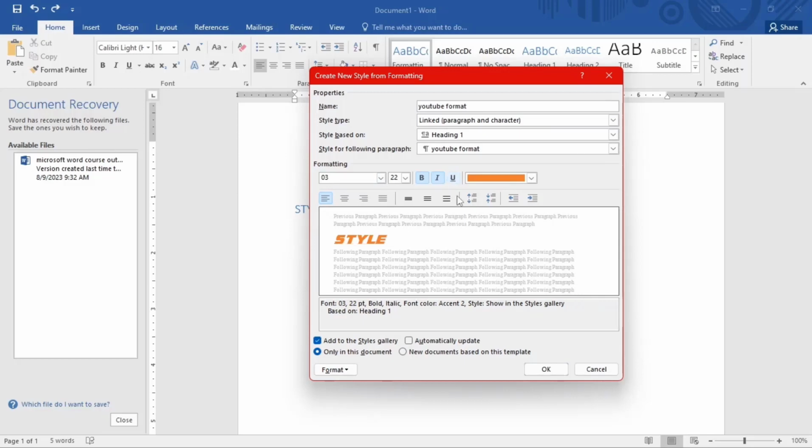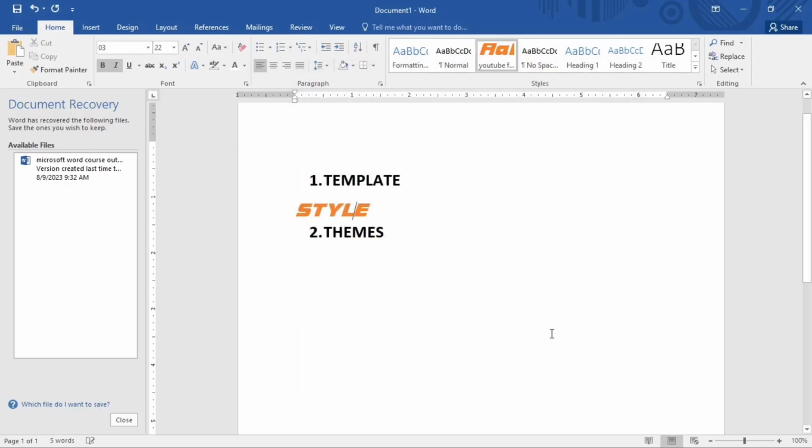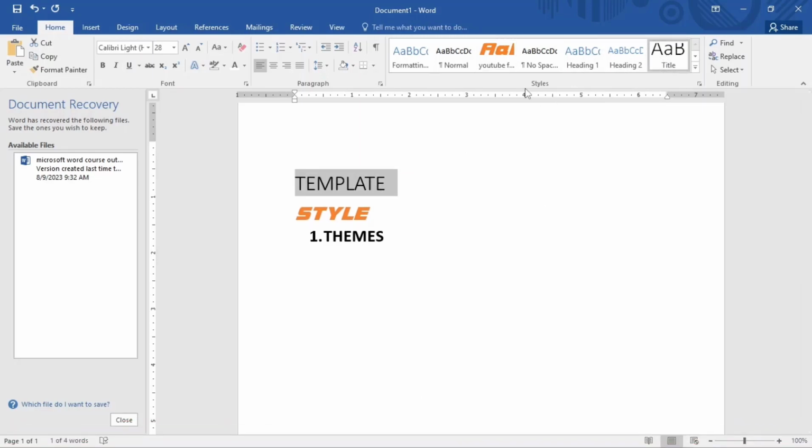Okay, let me remove this. Now this is a style I'm creating, so when I'm done I just hit OK, and now this is the style here. So if I want to apply it, just highlight it and click this. Now these are other styles Microsoft Word has actually created for us. Just click any one, and it applies. So that is all for the